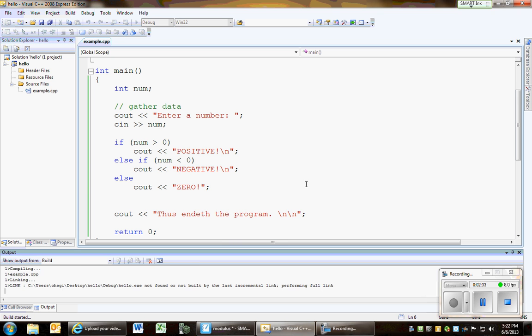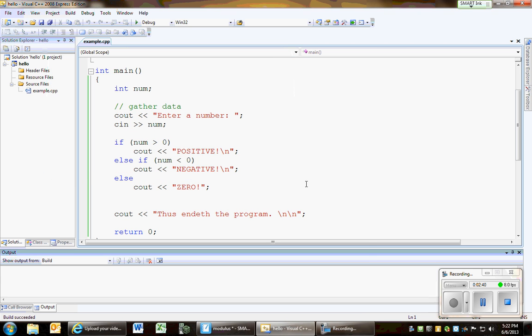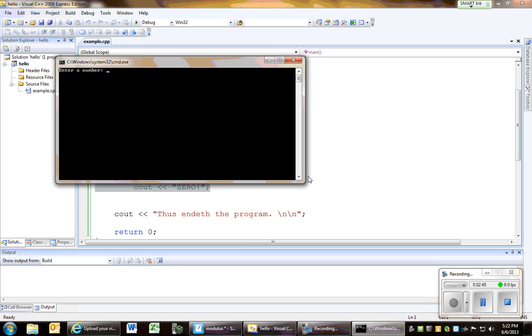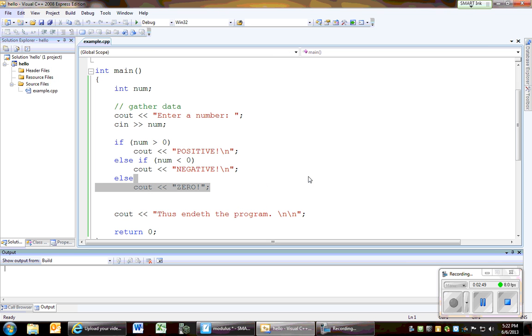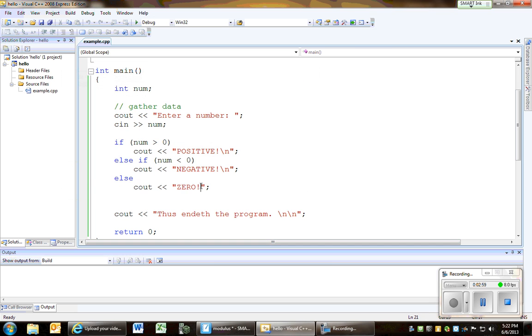Let's run this a few times. Let's try each possibility. It's always a good idea to do. 3 is positive. Negative 9. Negative. I really have one other thing to check. Zero. And I forgot my endl, but that's okay. I'll put that in for my own measure of completeness. But other than that, that